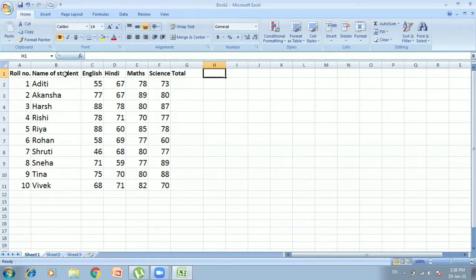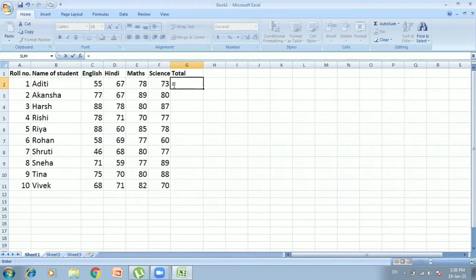Now children, we will apply the formula to calculate all these marks of individual student. So you all know that the formula starts with an equal to sign, and you have to calculate the sum of marks of Aditi. The name of the student is Aditi.